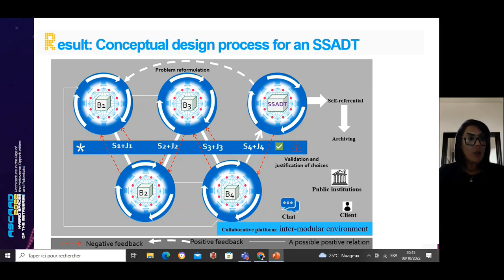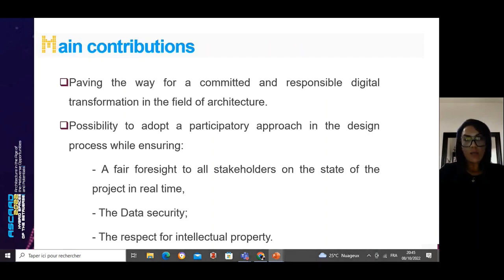At the end, we consider blockchain technology promising in the field of architecture. It paves the way for a committed and responsible digital transformation in the field of architecture, and it is possible to adopt a participatory approach in the design process while ensuring a fair foresight to all stakeholders in the state of the project in real time, data security, and the respect of intellectual